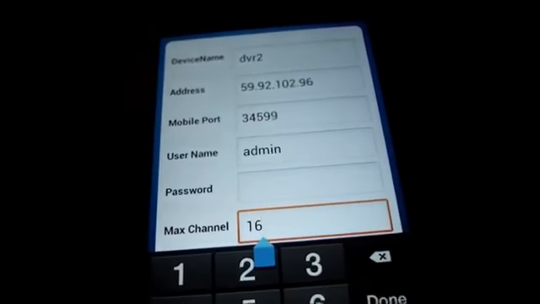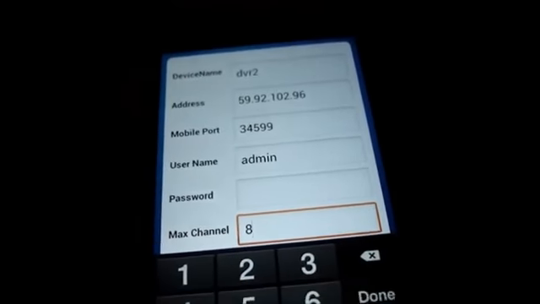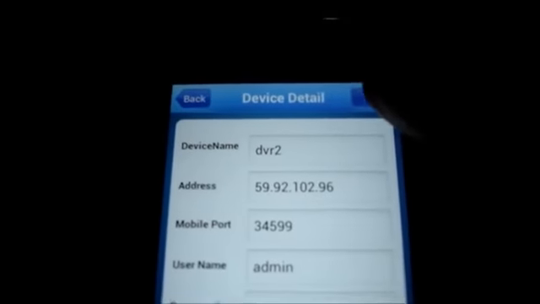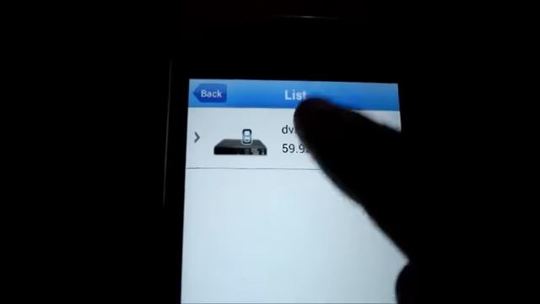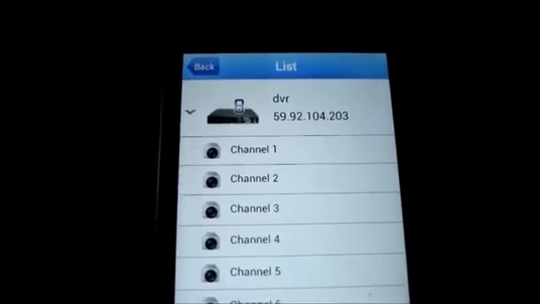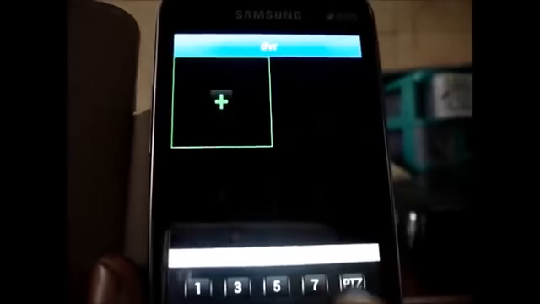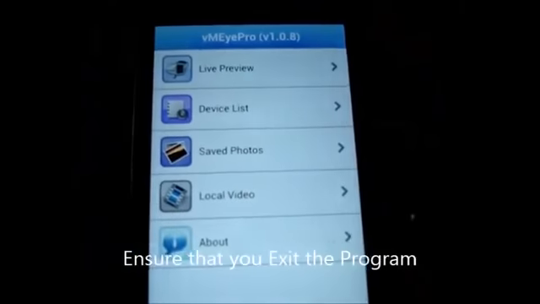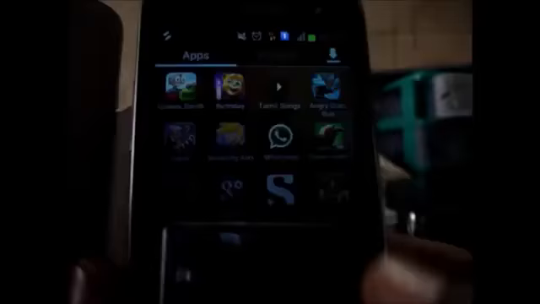And maximum channel is 8, as I am using an 8 channel DVR. Now click on OK. Now DVR is added. You touch the DVR to open the application. One camera is connected at channel 4. I am able to view that on my mobile. And ensure that you exit the